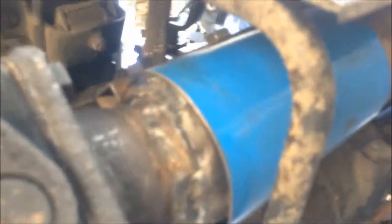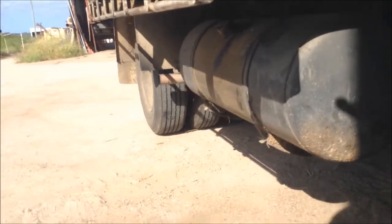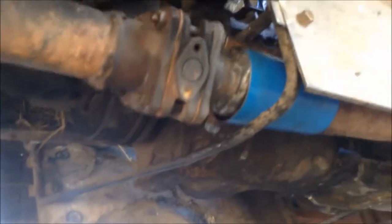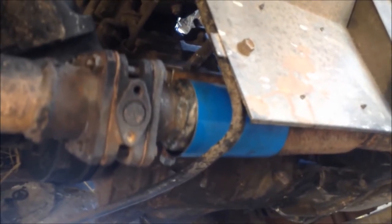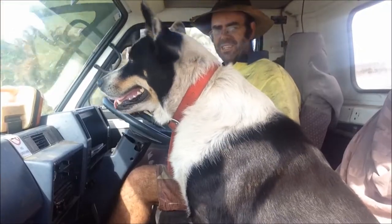There you go. Wonders will never cease. Look at that. Pure power. See how much it vibrates here. I mean, you can see that. But it's definitely the flexible coupling in there. Look at that. Well, the exhaust is much more...